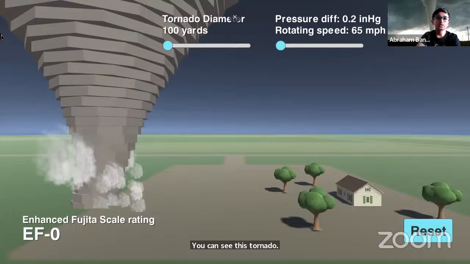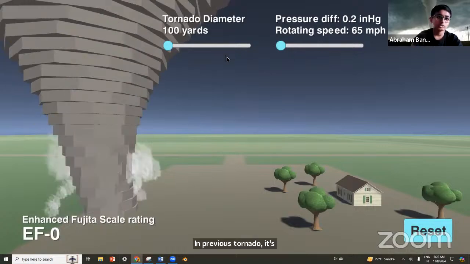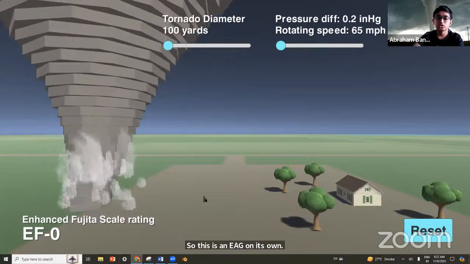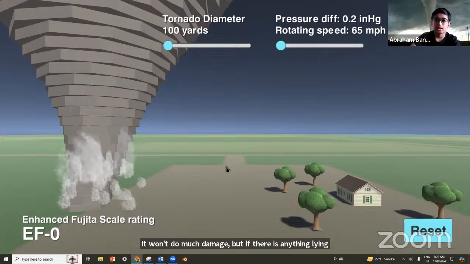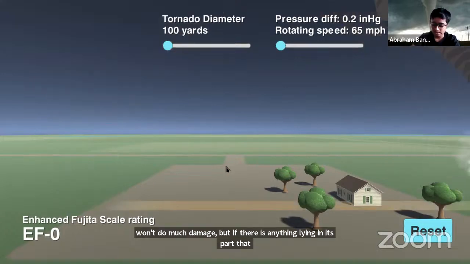This is an EF0 and it's small. If I press the go button and the tornado will go, it won't do much damage, but if there was anything lying in its path, if there was something small, that will be sucked up.